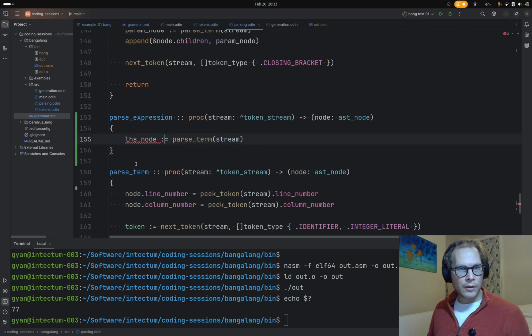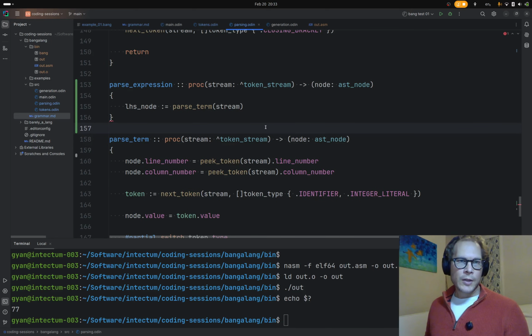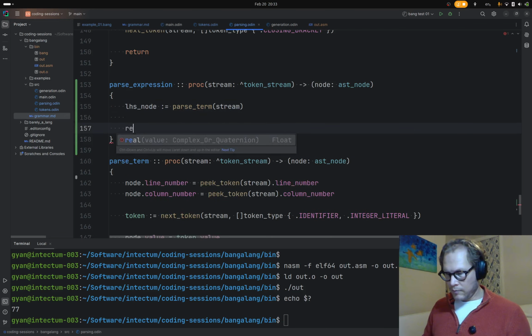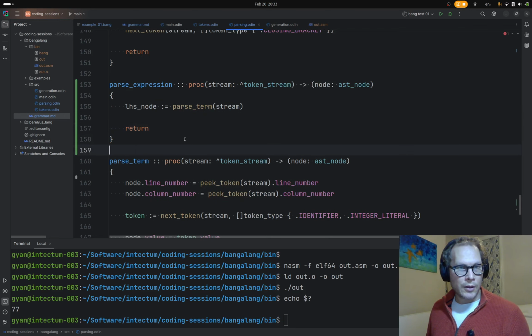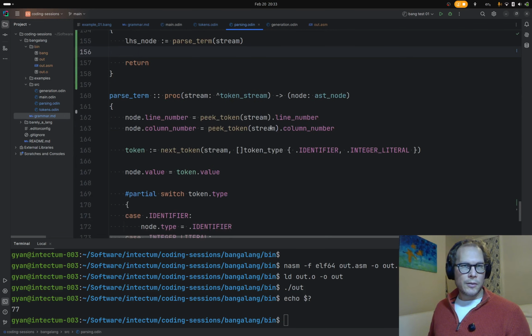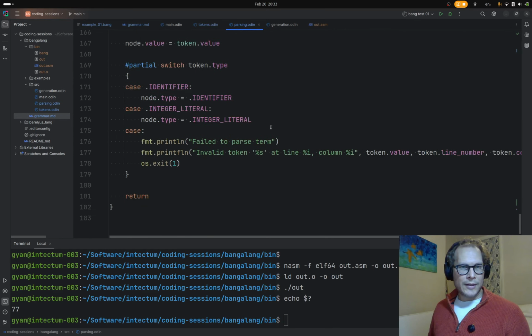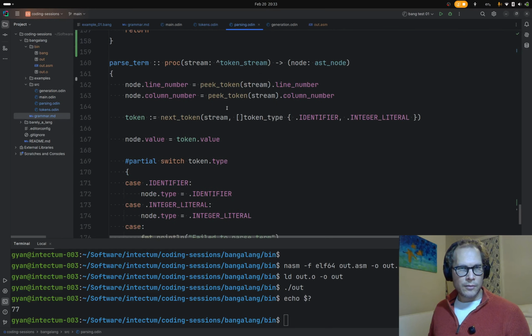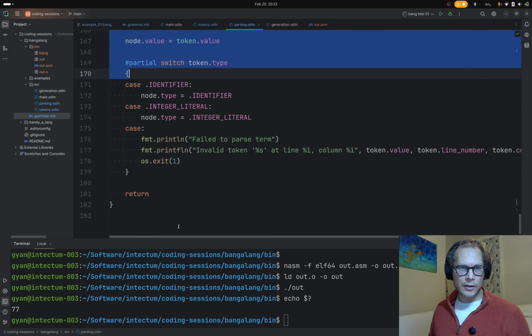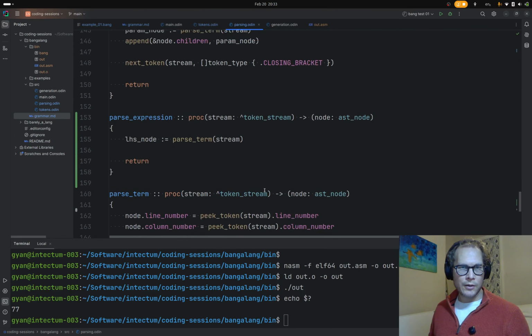We're declaring that. So first thing we need to do is parse a term. I think we have to have an empty return. Is this still correct? Yeah, I feel like this is still correct. This is still parsing a term. That's totally fine. First thing we need to do is parse a term, and then